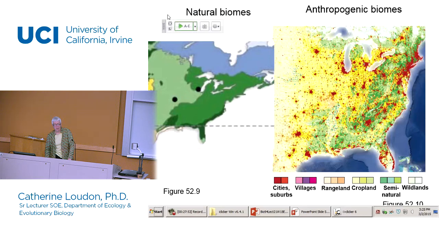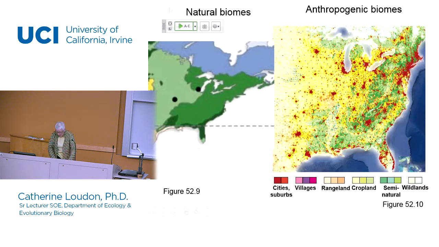Okay, so we've gone through a small sampling of some of the major natural biomes, and your textbook has a nice discussion on the so-called anthropogenic biomes. What does this term mean? This means caused by humans, the same root as in anthropology, the study of humans. And so the so-called anthropogenic biome distribution for at least the eastern half of the United States is shown here in figure 52-10, which is in front of you right now on the right-hand side, and I've put figure 52-9 from your textbook on the left, so you can sort of compare what would be there